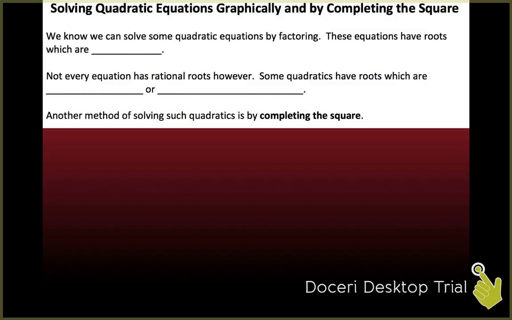So we know that when we're solving quadratic equations, we can do some of them by factoring. The ones we can do by factoring have what are called rational roots. So we know we can solve some quadratic equations by factoring. These equations have roots which are rational. Not all quadratics have roots that are rational, however. Some of them have irrational,